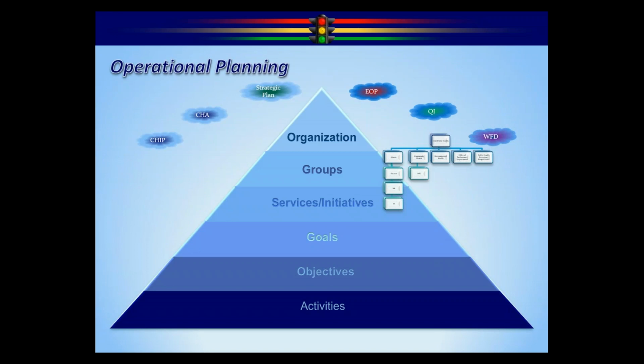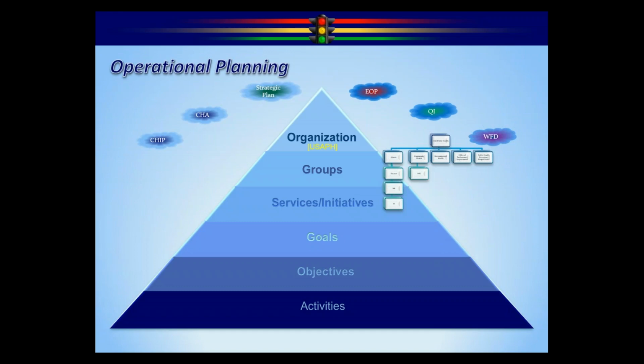What I'm going to do now is actually walk you through those 3 phases Andrea talked about. We're going to build an operational plan. We use the example of tobacco cessation. We're going to take that plan through its life cycle so we can see the macro level as well as micro level tools and how we would share that with the public. And then we're going to take it through the PDCA cycle to see how we might do quality improvement.